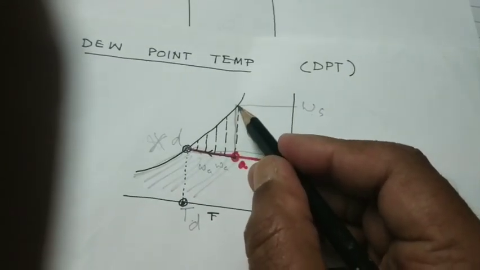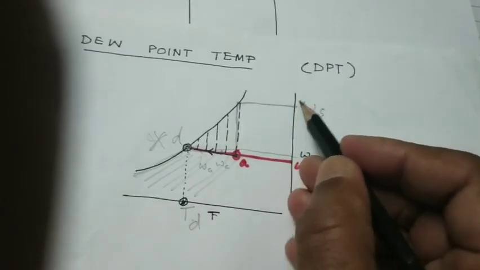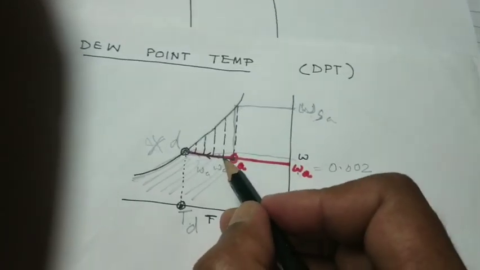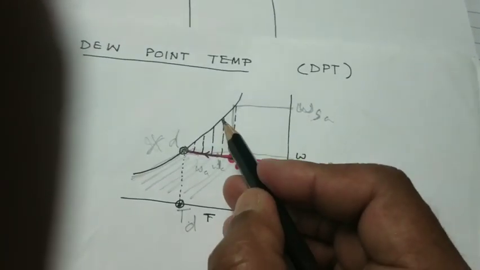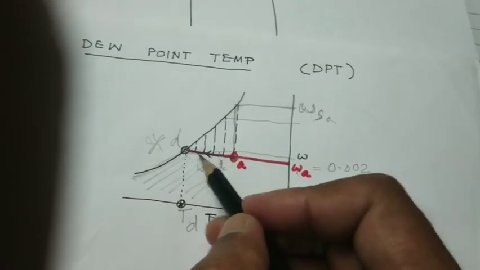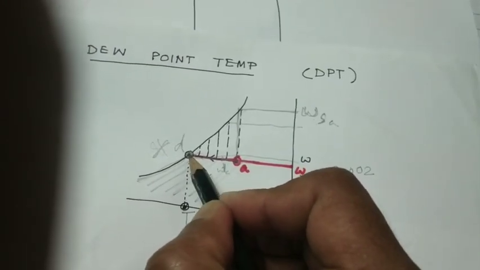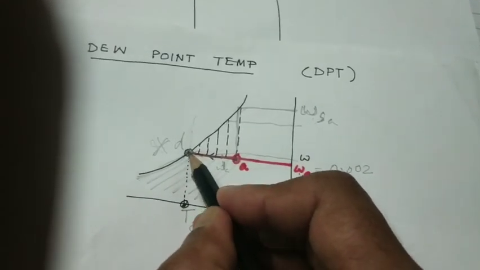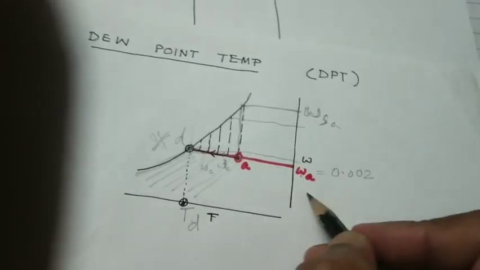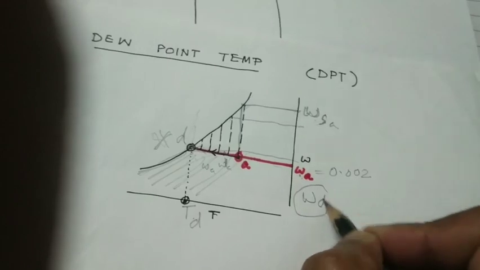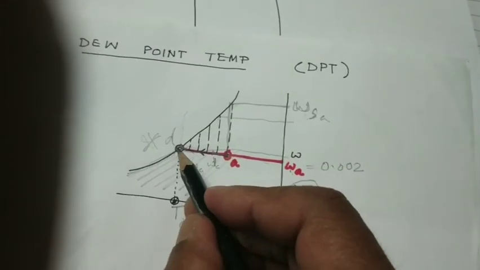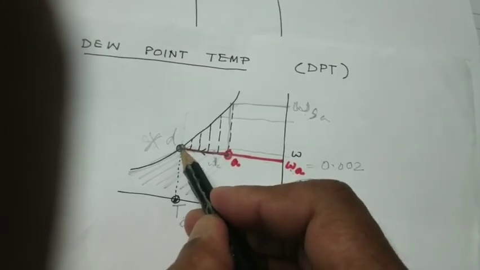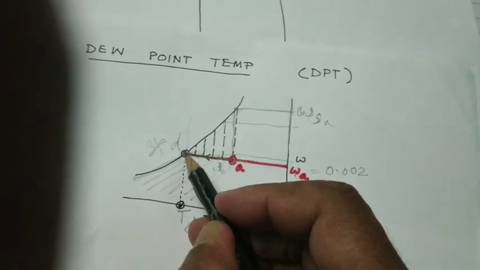Increase the temperature, increase the humidity, come to saturation point. This is the saturation value of A point. If this is 1, then this will be the saturation humidity of 1. What is the saturation humidity of D? You cannot go up now. So the value of omega D is its own saturated value. It cannot change. At this particular temperature, this value of humidity is the saturated value also, and the value of the air.